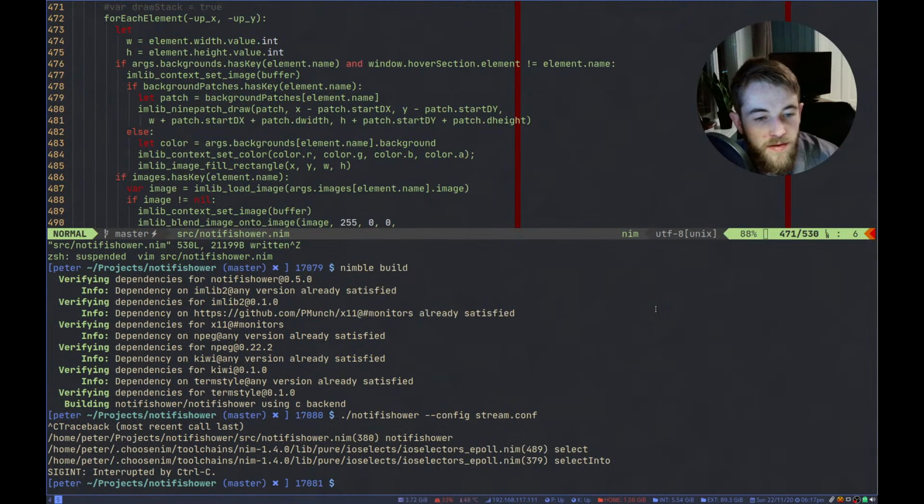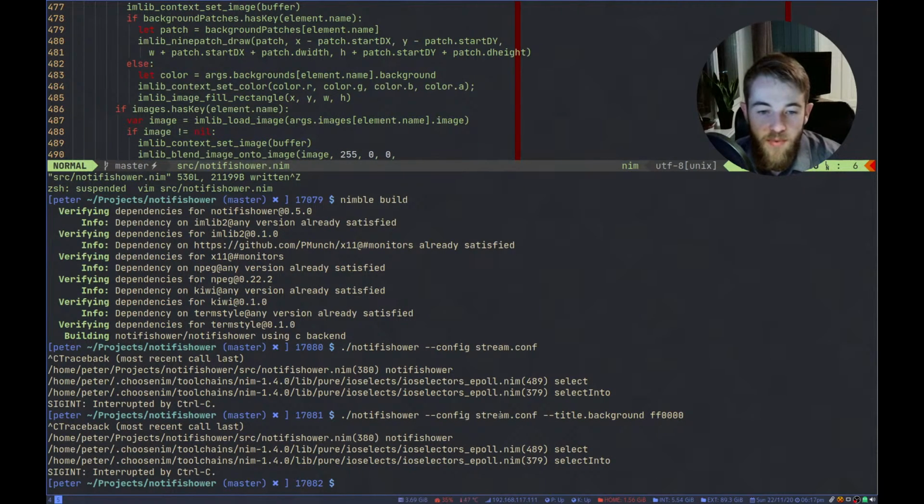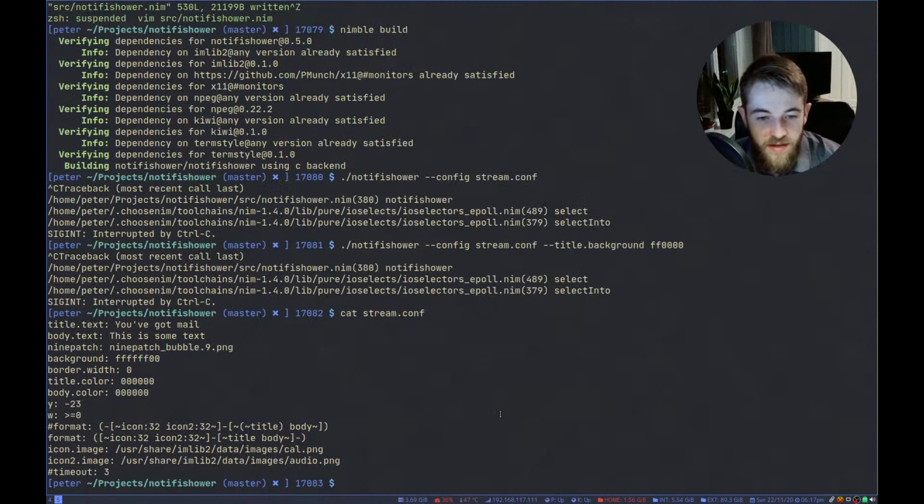And if I now want to have a background, for example, for the title, I do title.background and some color. Now it's a red background color. The problem is, if you look at the format here, now I'm referencing this title, there's no way for me to reference this thing.